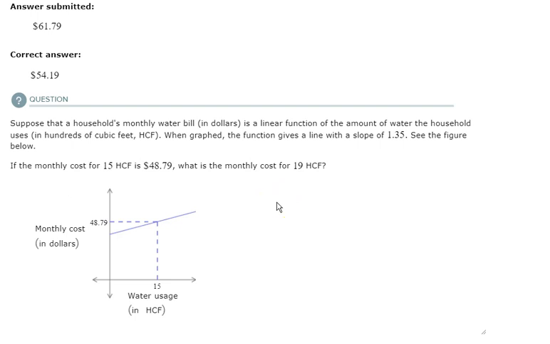Now, one of the examples that I saw a number of students had incorrect is this one we're going to go over right now. And it involves something like this. Here we go. So here we're saying, they're giving you a graph of water usage, that this ordered pair right here is 15,